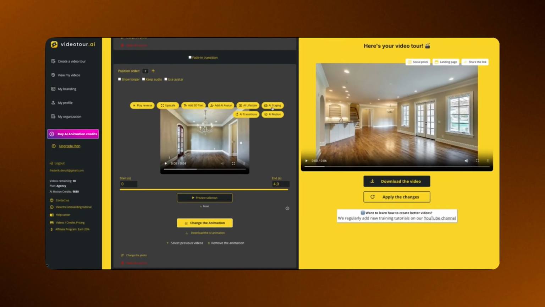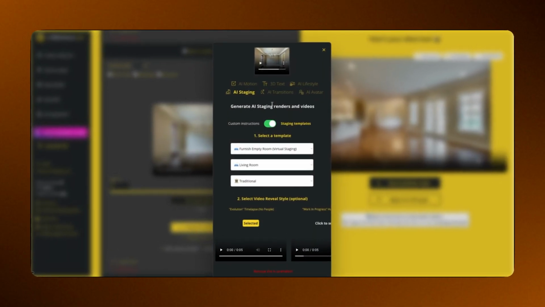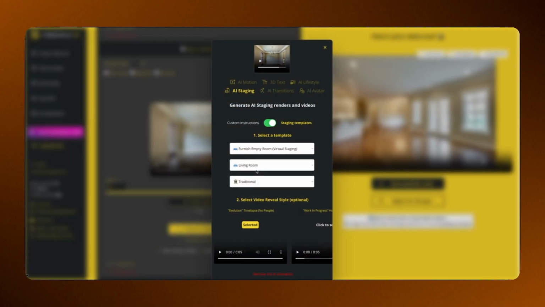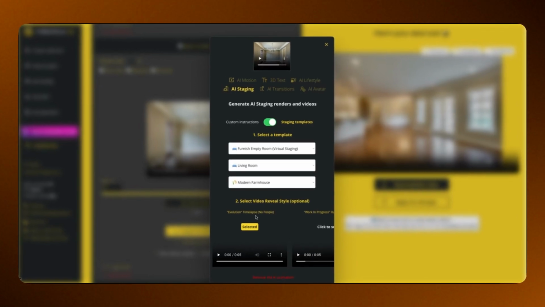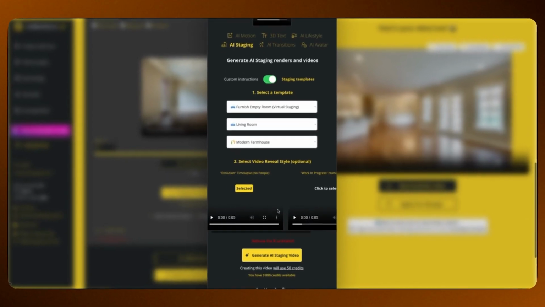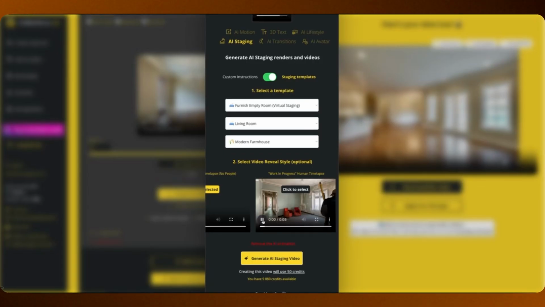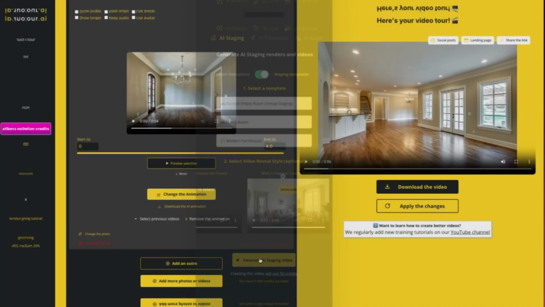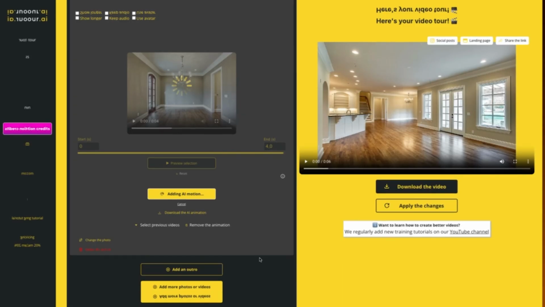This time, I'll change the style from traditional to modern farmhouse. And enable the human time-lapse option. Then you can click Generate AI Staging Video again. After a few moments,